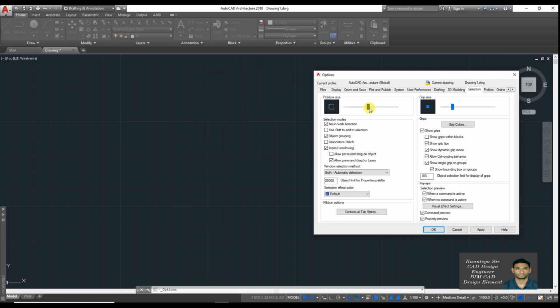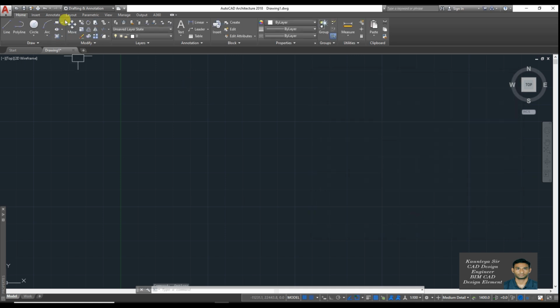If I move my pickbox a little bit here, you can see that the pickbox size increases. If I apply and OK and then activate any command, as you can see, the center square, which was a pickbox, has increased in size. Again if I activate a command, the pickbox size is already increased. So this is how we can set a setting in the option